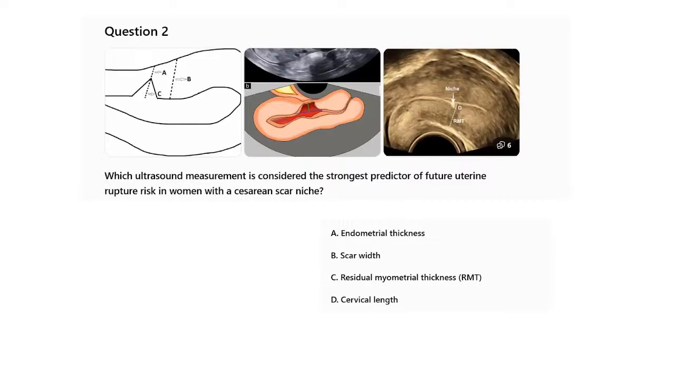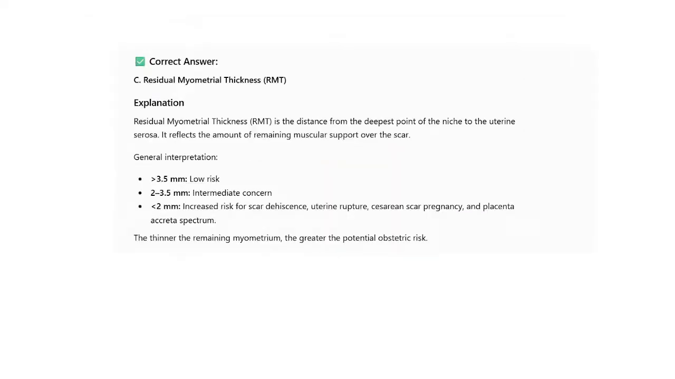Which ultrasound measurement is considered the strongest predictor of future uterine rupture risk in women with a cesarean scar niche? A. Endometrial thickness. B. Scar width. C. Residual myometrial thickness, RMT. D. Cervical length. So which one is the correct answer? So the correct answer is residual myometrial thickness, RMT. The explanation: